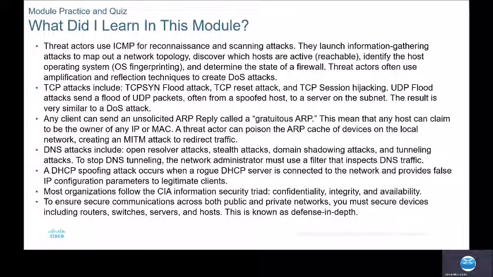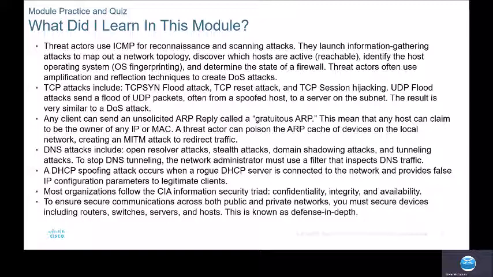Threat actors often use amplification and reflection techniques to create denial of service attacks. With TCP attacks, you've got TCP SYN floods, reset attacks, and session hijacking. Then you've got UDP flooding attacks, often from spoofed hosts to a server on the subnet. The result is very similar to denial of service. Any client can send an unsolicited ARP reply, called a gratuitous ARP. This means that any host can claim to be the owner of any IP or MAC. A threat actor can poison the ARP cache of devices in the local network, creating a man-in-the-middle attack or